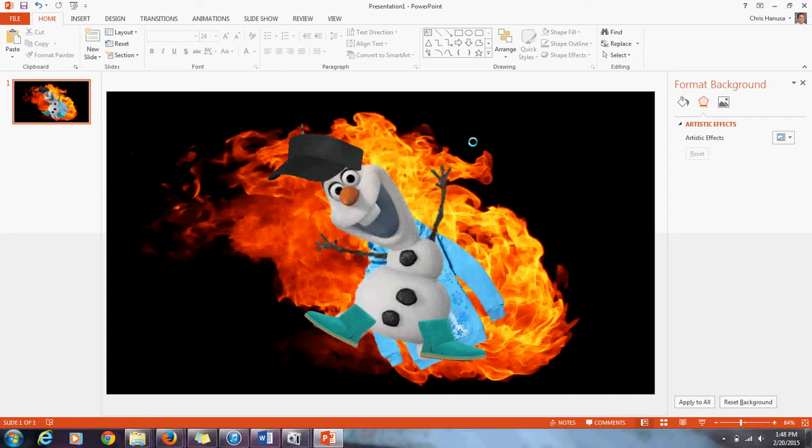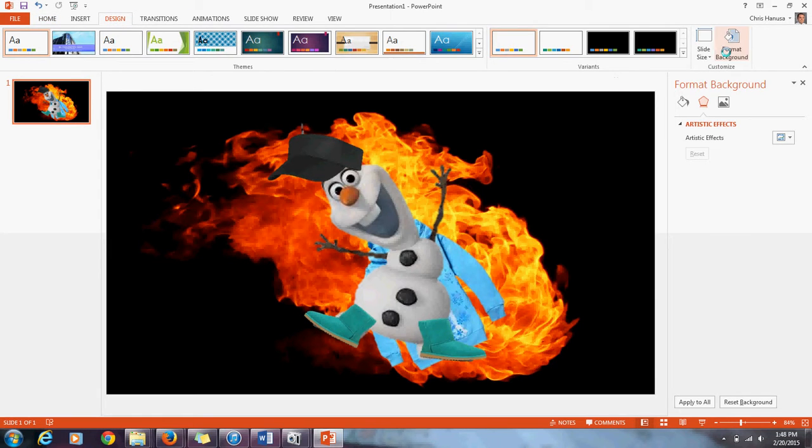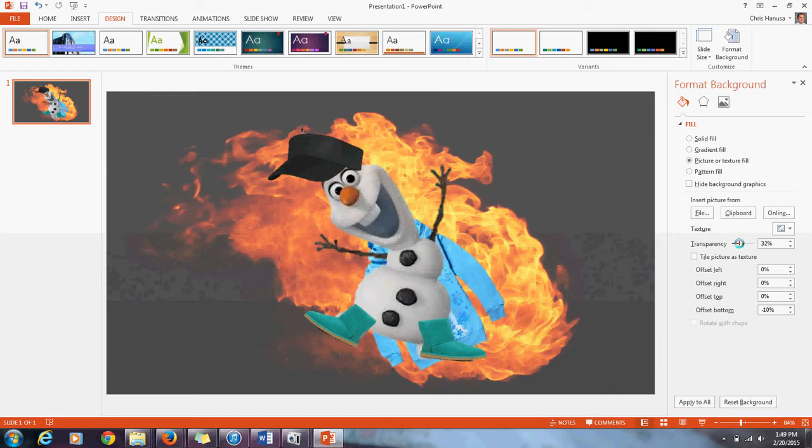First of all, I might want to make some things easier to see. So maybe I'll change the background a little bit. If I'm going to format the background, I can go up here with Design, Format Background, and now I'm going to play with the transparency. So maybe I want to make things easier to read or easier to see. So I can drag this transparency out, and you can see, all right, it's going to be a little easier